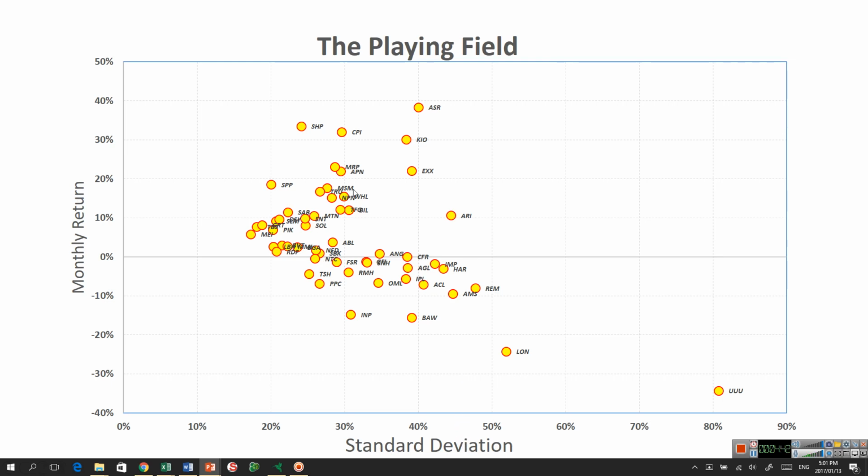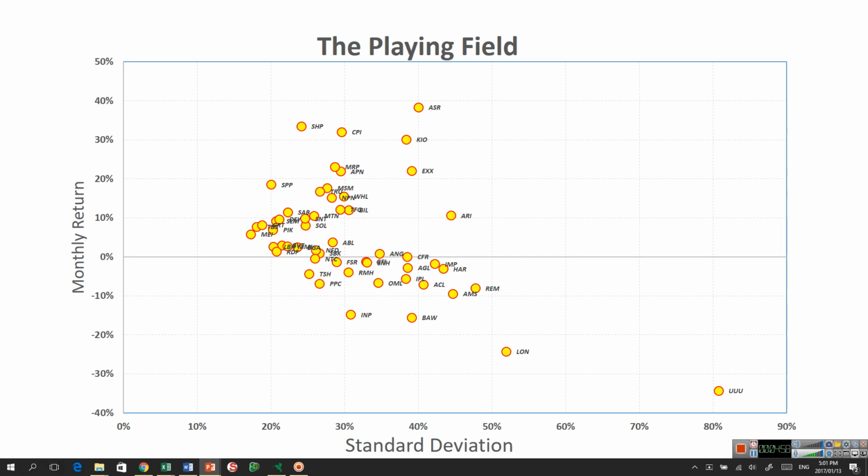Now, we define this area over here as being the playing field. You could have invested in ShopRite or Astro or Kumba, and you would have been somewhere in this area. But we all know